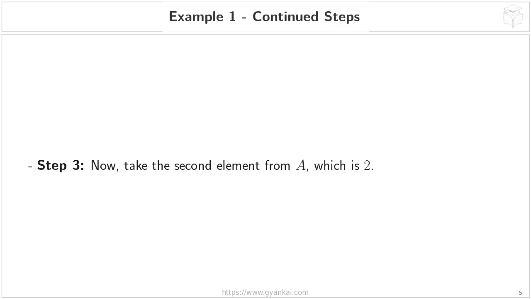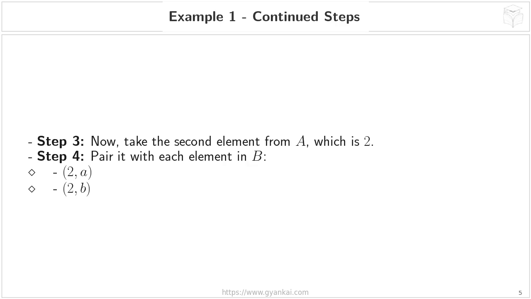We already took the first element from set A, which was 1, and paired it with everything in set B. Now, we're going to take the second element from set A. Looking at our definition of set A, the second element is 2. Step 4 asks us to pair this 2 with each element in set B, so we'll pair 2 with A, giving us the ordered pair 2,